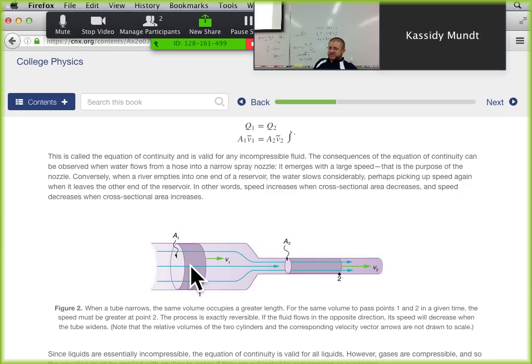This fluid cannot be squished. It can be rearranged into different shapes, but it's going to keep the same volume. First of all, it's going to change. It's going to be a longer cylinder, but it'll take up the same amount of volume. Right? It has to move faster. What's that, Cassidy? It has to move faster. Why does it have to move faster?